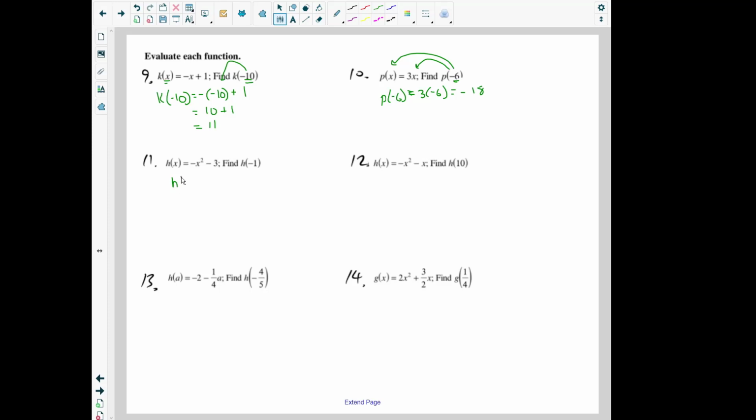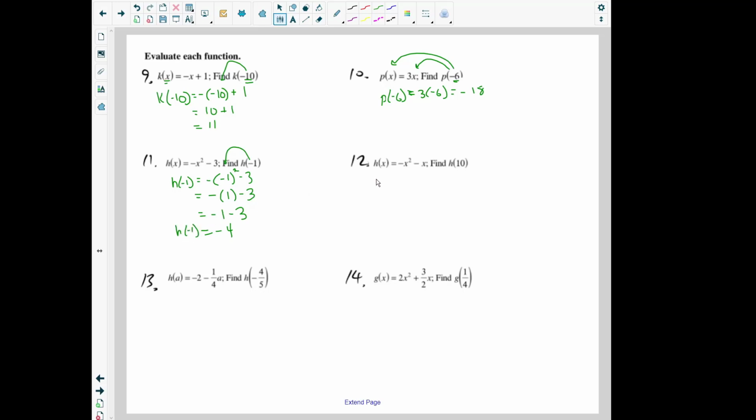Here h of negative 1 equals, notice how I leave the negative sign alone that's in the beginning of the problem. I keep the squared symbol, minus 3, and then I plug in negative 1. Now, PEMDAS says you have to square first. So negative 1 squared is 1. Notice I don't drop parentheses until after multiplication is done. That was E for exponents, so we didn't finish multiplication. Now I drop them, because negative 1 times 1 is negative 1. Now I drop the parentheses because multiplication is done, and of course it's negative 4. So h of negative 1